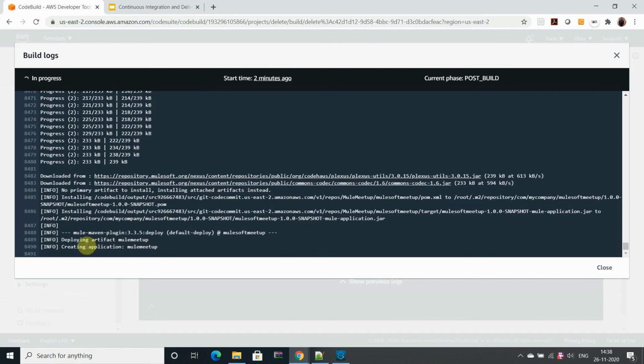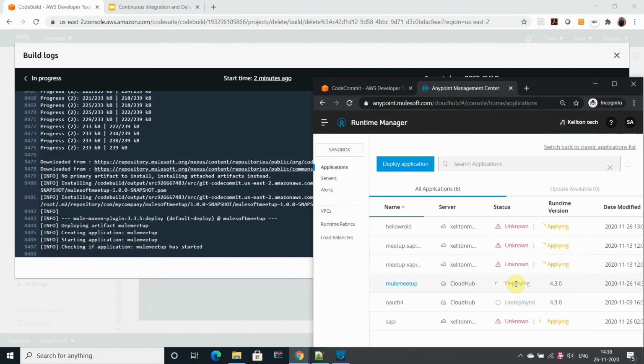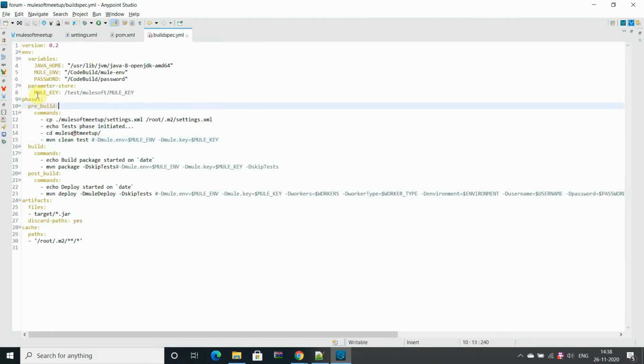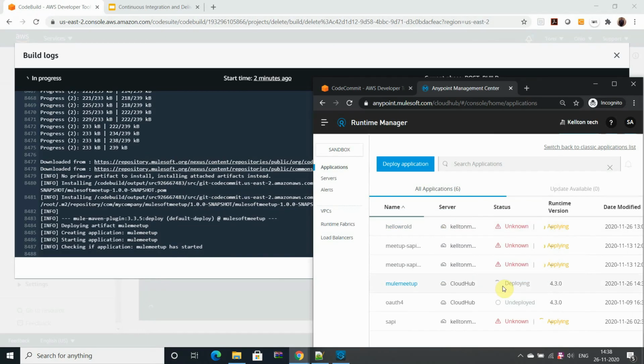You can see the artifact started deploying. The application has started deploying, and the build is done, having completed all the phases and followed all the steps. Let's wait for a couple of moments. Once it's done, I will check that the application is up and running and working as expected.